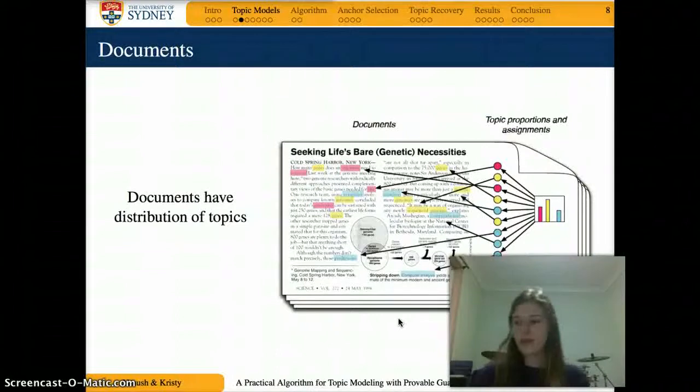And so we just grab a random topic, pick a random word from that topic and stick it in the document. Obviously that's not quite the case because these documents are ordered. It's not going to make sense if we just randomly put words there. But that's how we view the document, because you can just look at the document as a bag of words and get a feel for what kind of topics that document is about. And that's what this task is trying to do. It's trying to construct a mathematical model to do that.